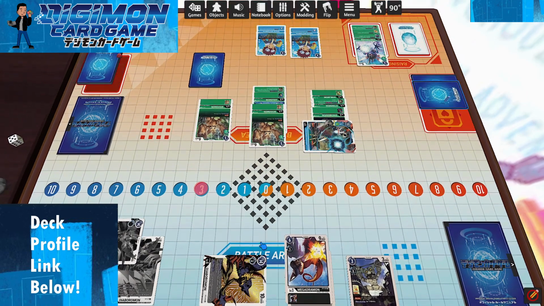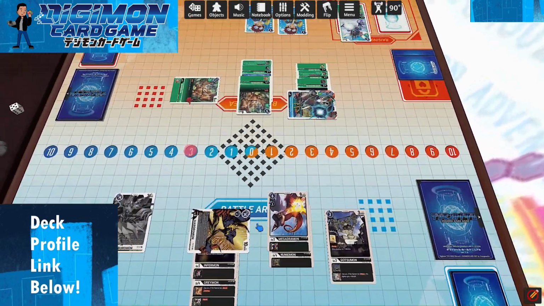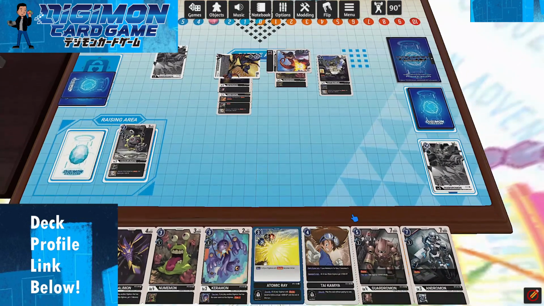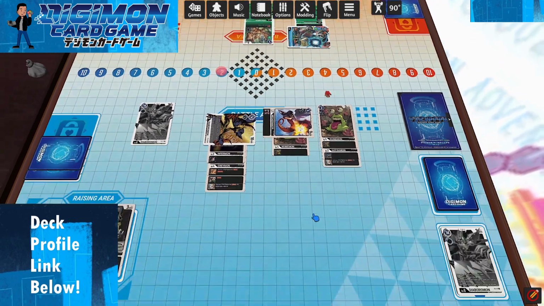I use a Diaboromon to swing, but I think my opponent's going to block that. This may have been a misplay, hindsight. I feel like I should have attacked with the Megadramon instead. Saved my Diaboromon when swinging for lethal, but that's all good. I did bait the Woodmon out though, so my Megadramon actually destroys one of them, which is good,